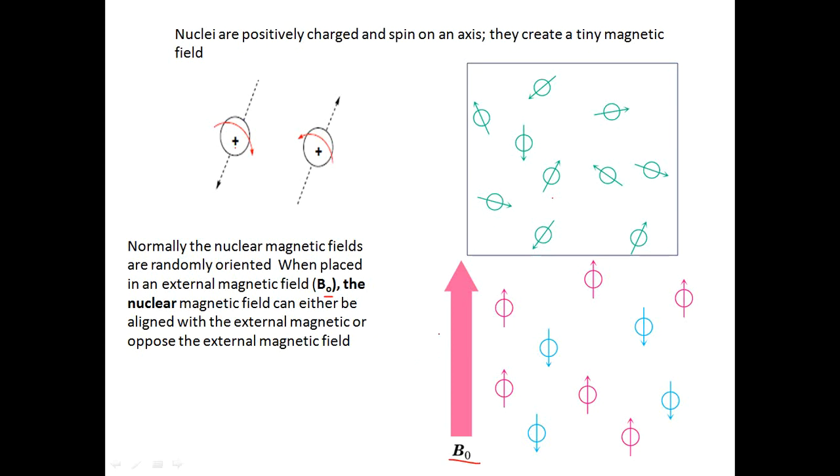It's an external magnet. So in the presence of an external magnetic field, the nuclear spins undergo alignment. Either the alignment is inline, parallel to the applied magnetic field, or it is opposite to it, that is, anti-parallel to the applied external magnetic field. So this alignment of the nuclear spin with respect to the external magnetic field is the basis for nuclear magnetic resonance spectroscopy. Right?